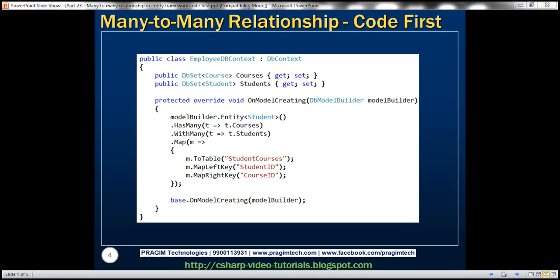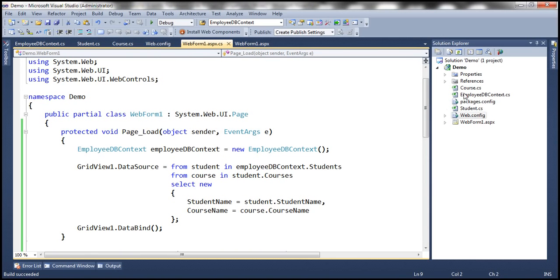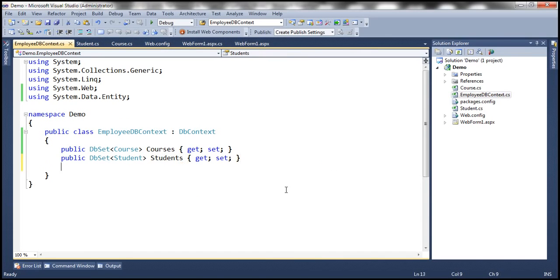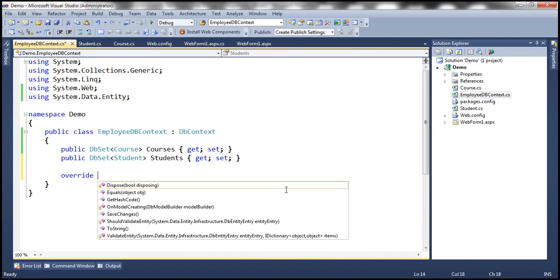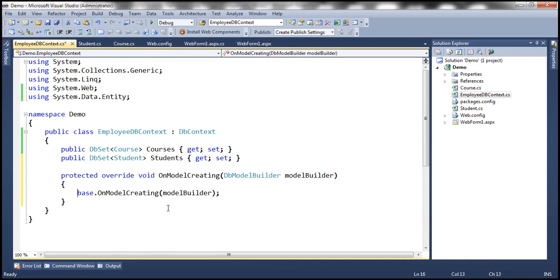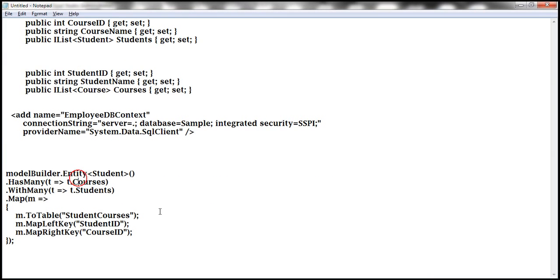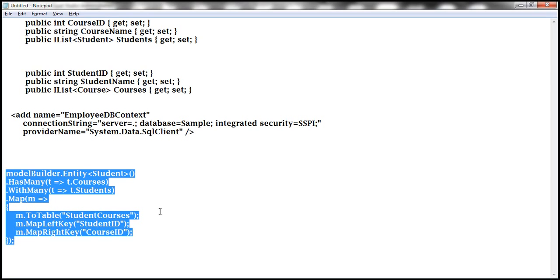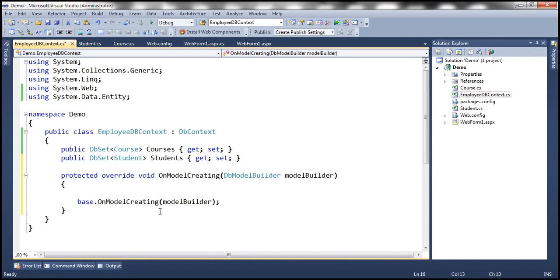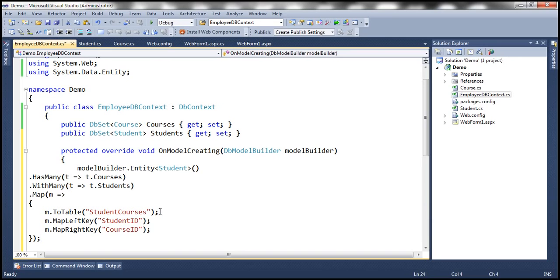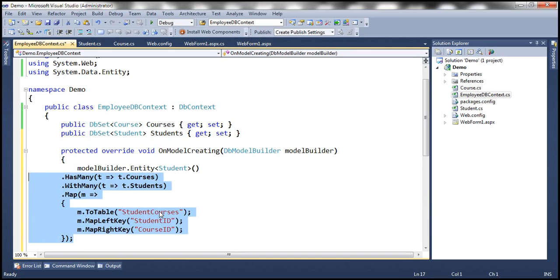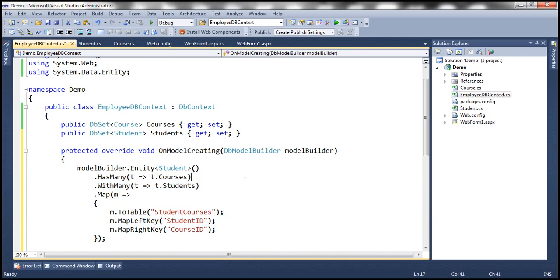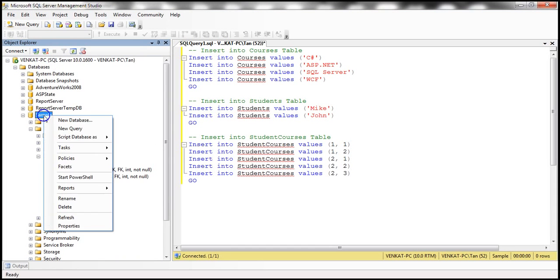So let's flip to Visual Studio, and let's get to this EmployeeDBContext, and we want to override the OnModelCreating method. To speed things up, I have already typed the required code, so let's copy and paste it right here, and let's format this. Okay, so with these changes, let's first delete this sample database,